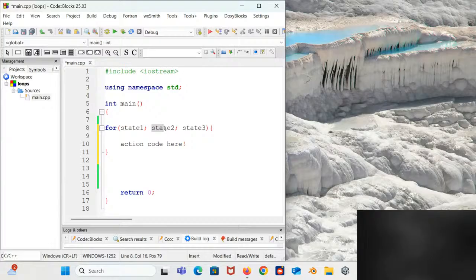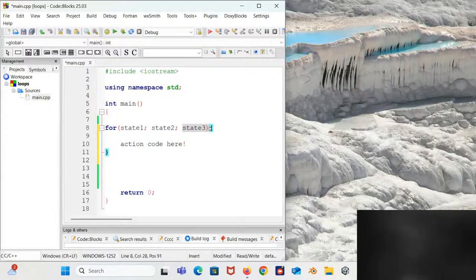Statement 3 is executed every time after the code block has been executed. So statement 1 executes, statement 2 executes, then the code block executes, and after that statement 3 gets executed.